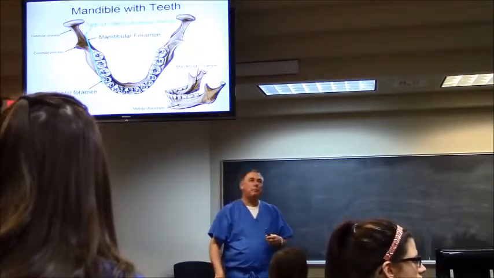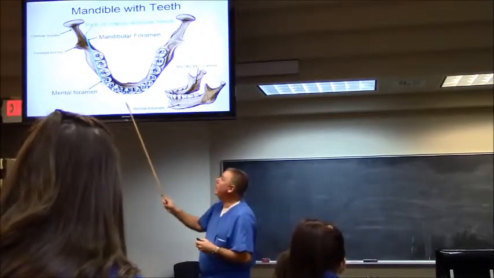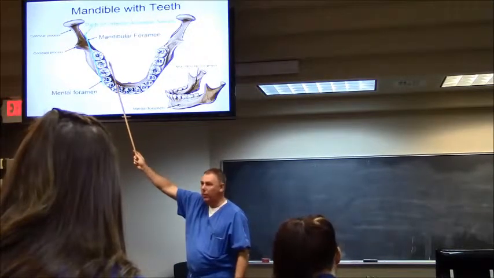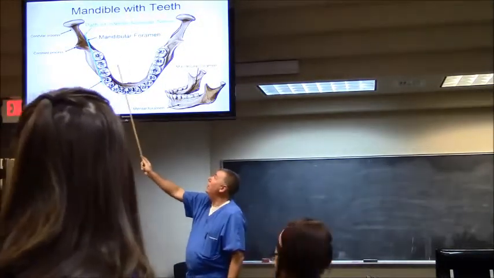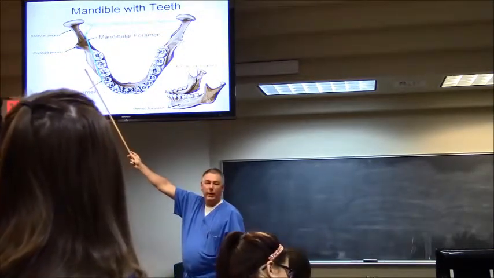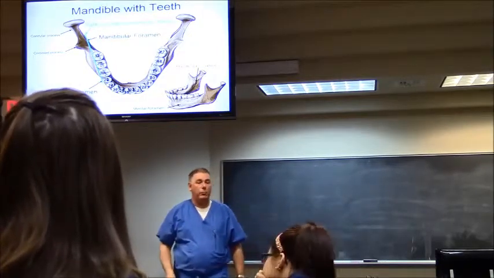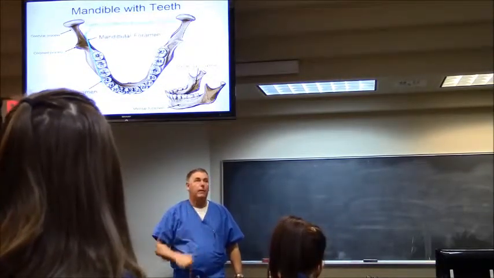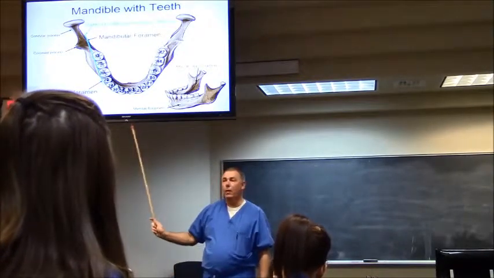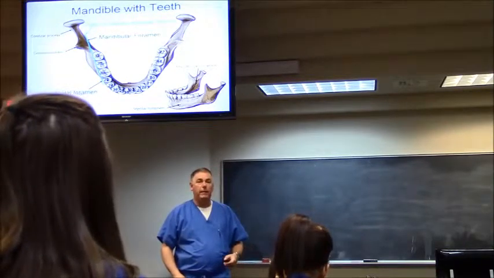All right. The mandible, you've got the mandibular notch, you've got the coronoid process, the condylar process. On the inside, you've got the mandibular foramen. This is illustrating the pathway of the inferior alveolar nerve. The mental foramen is what comes out the end here. This is a non-Oklahoman cadaver because it's a mandible with teeth. So with teeth,